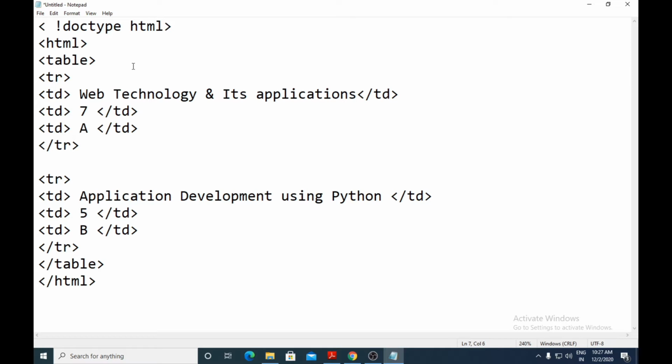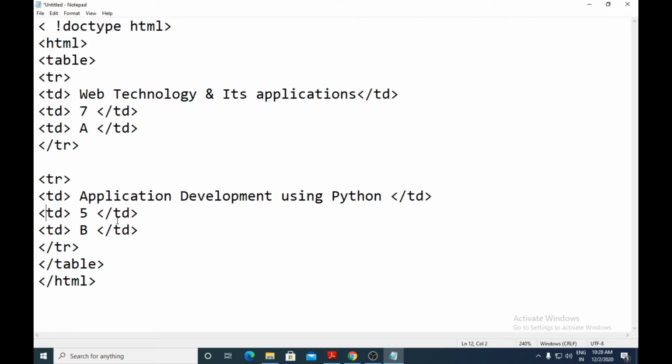Okay, so what I've done in this HTML code is that I have created a table by using which element? Table element. Then I have used a row here, one row, and in that one row I have taken 3 cells, and another row where I have taken again 3 cells. Okay, so we'll be having 2 rows in that table, and each row will be consisting of 3 cells.